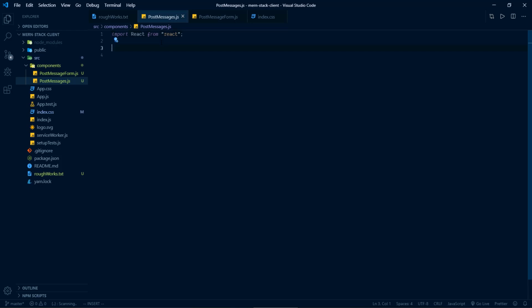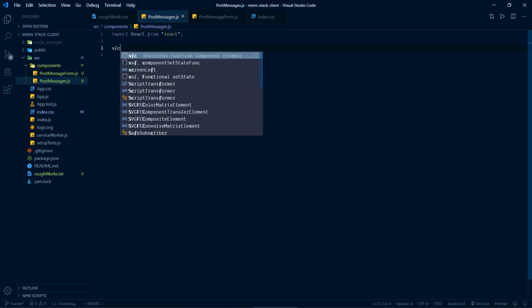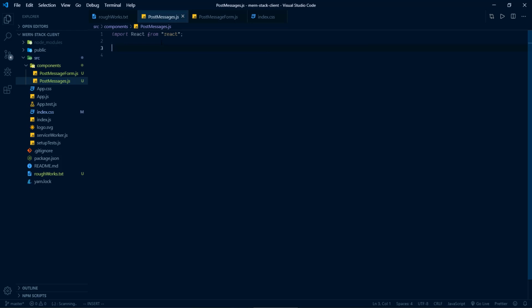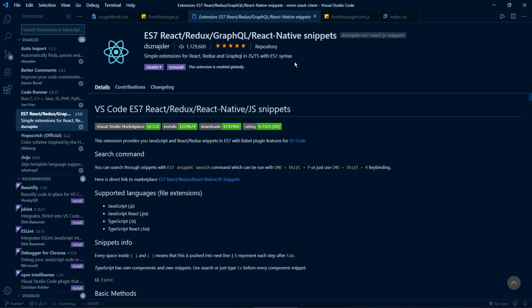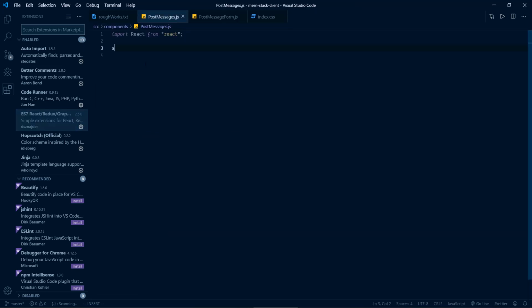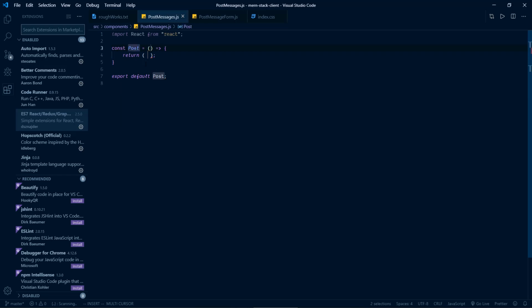So let's create the component with React hook. For that, I will be using this snippet, stateless functional component. If you want to create a functional component, you can use this snippet, React functional component. For class-based components, you can use this snippet, RCC. You can have these snippets once you install this extension, ES7 React snippets. So let's create the component with this snippet, SFC. Component name will be post messages. With this parameter props, from this component we will return this